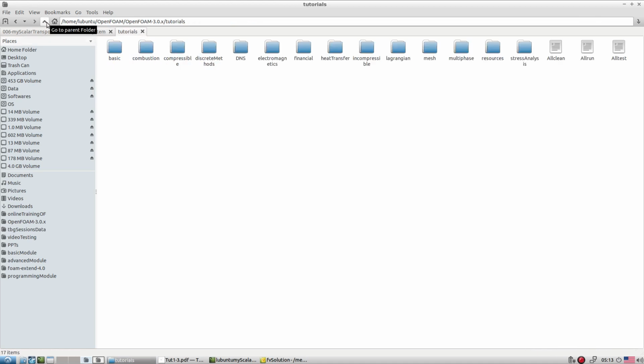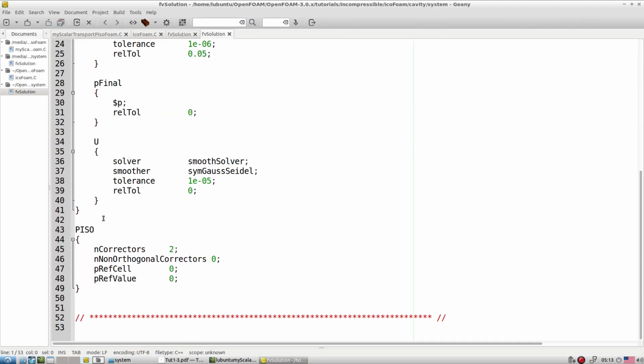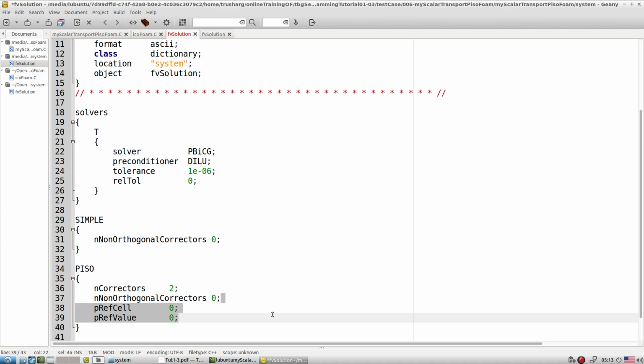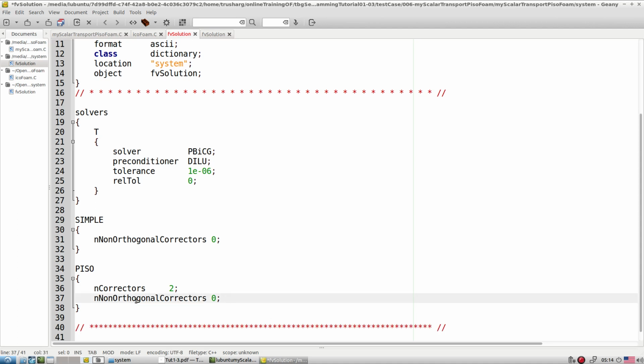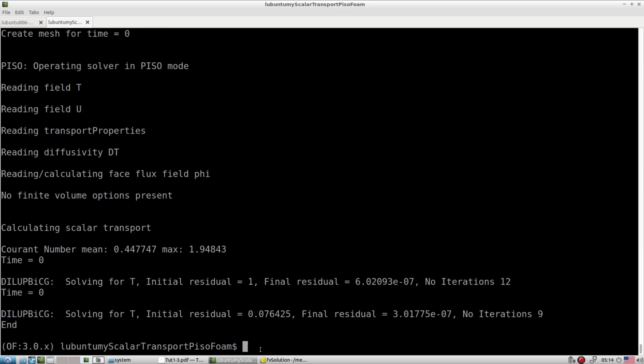So from where you adapt, go to the incompressible icoFoam cavity, and in the solution area we have a piezo base value. So from here adapt that value in case of the simple base value. Now switch off this. Now n corrector is the outer corrector. If you want, you can retain it. Right now let's retain that.